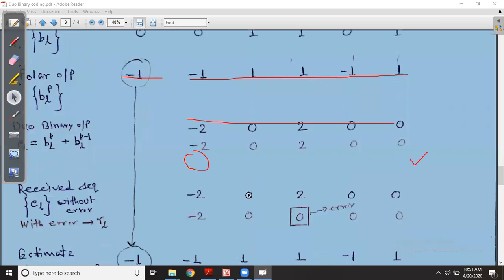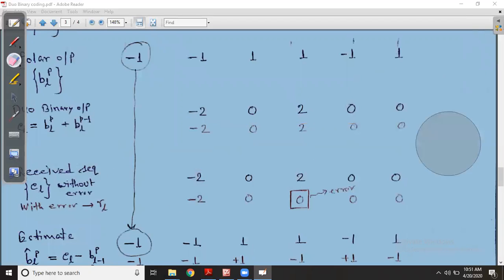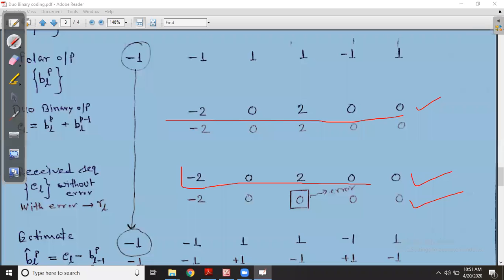Then these voltage levels are transmitted. Now this is nothing but your CL. This CL is transmitted, and we are receiving that CL as it is, or with some error. So we are considering that we are receiving it as it is: -2, 0, 0, 2, zeros, and here also zeros. So we are receiving the CL as it is. This row we are denoting by only CL, without any error.